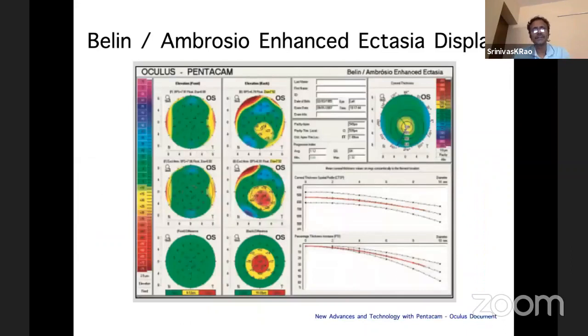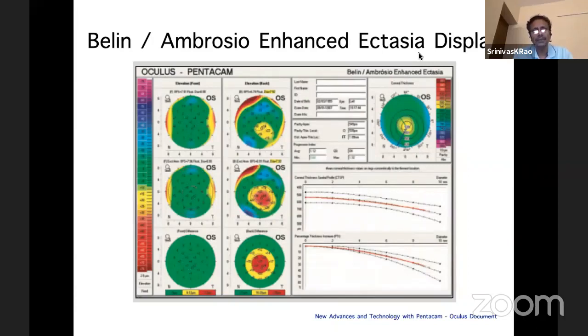Now, this is the famous Pentacam map that we all look at, and this is the one that causes a lot of problems in terms of interpretation. There are a number of points of information on this, and we'll have to try and understand how exactly to use this. The first thing is this particular map on the left side. We see these three pairs of data here. What is it? This is called the Belin-Ambrosio enhanced ectasia display, or the BAD display. And everybody has some confusion in understanding what this is.